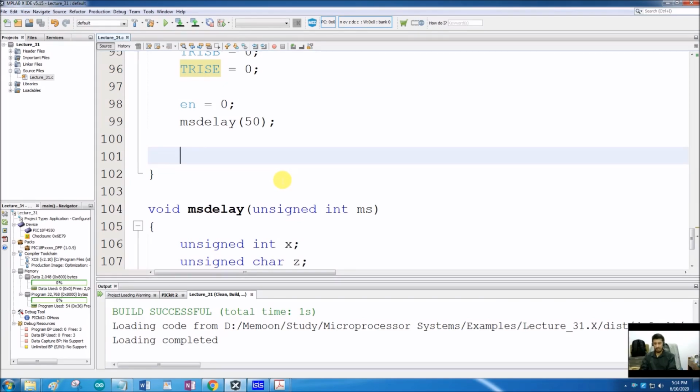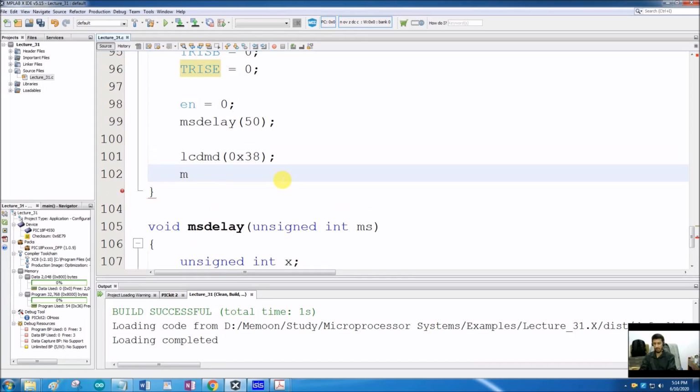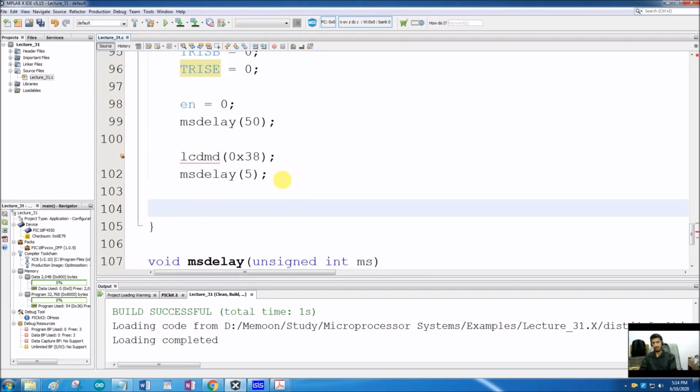So let me send LCD_CMD with a value of 0x38 and give a delay of, let's say, 5 milliseconds afterwards. What it will do is it will send 0x38 as a command. How it will send it as a command, I will write this subroutine later.